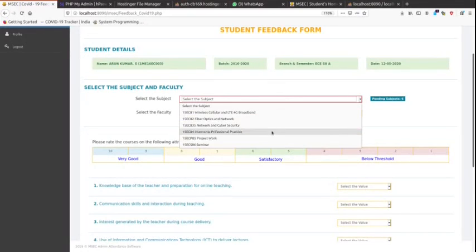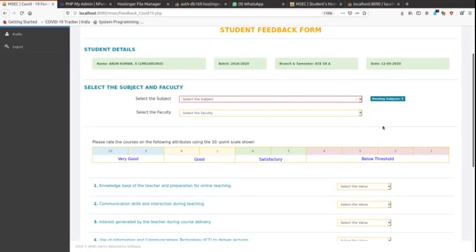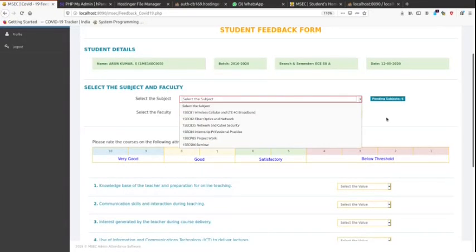Here 6 subjects are already listed, taken from the database which we have given for marking attendance. Here you can see pending subjects 6; the student can understand that so far 6 subjects are pending, and he or she has not given feedback for any of these subjects.